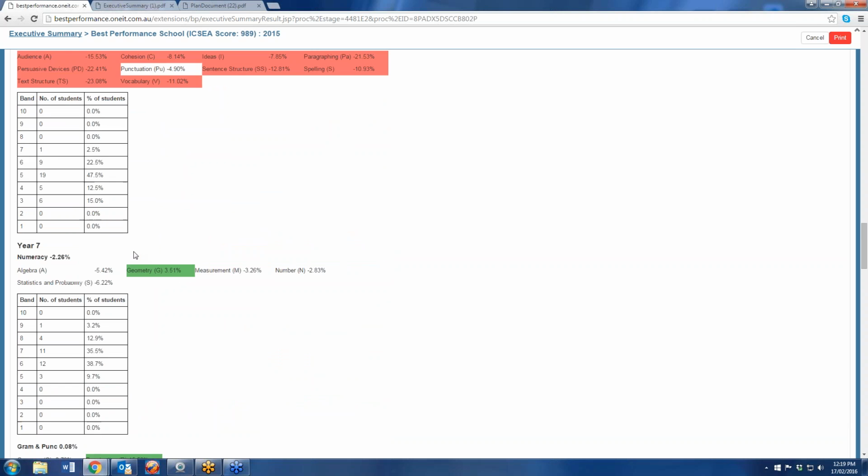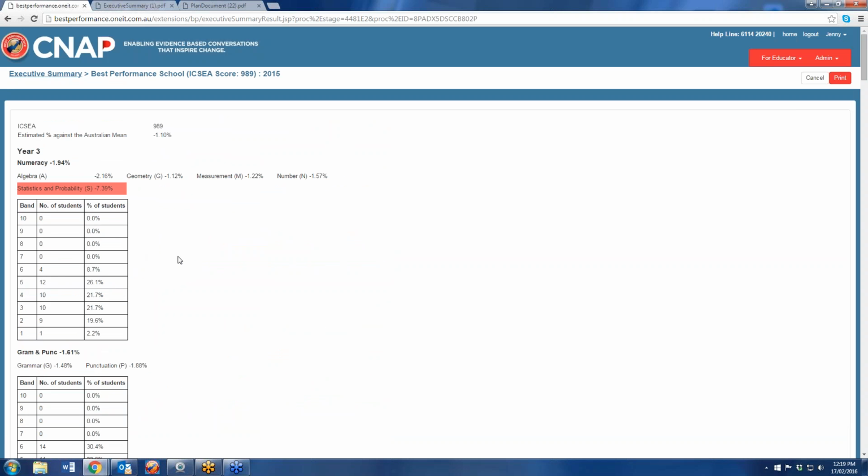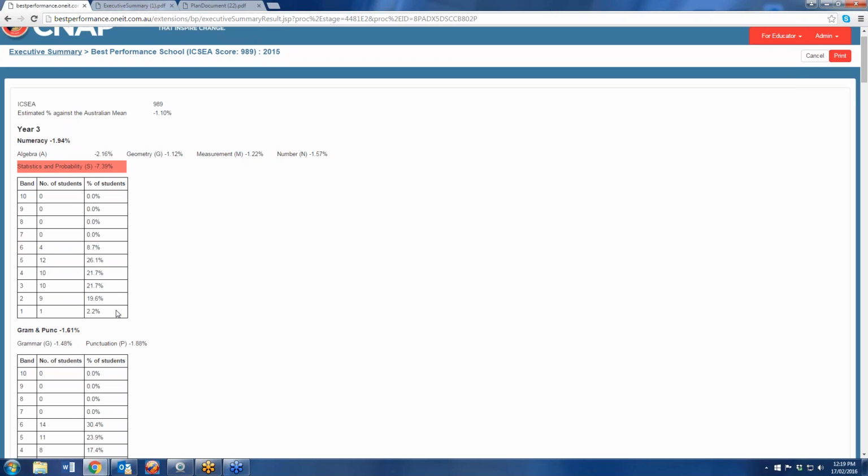So what we're seeing here is, for planning purposes, you have the capacity to break down what percentage of the students within the cohort sit at what band. Remember, everything we do in CNAP and around NAPLAN is about progression, not performance. How do we take children from where they are to progressing along that timeline or along that continuum? So as you can see, the goal there is to say, how do I progress the band 5s to 6 and the 7s to 8, etc., etc. And that gives you a really good breakdown.